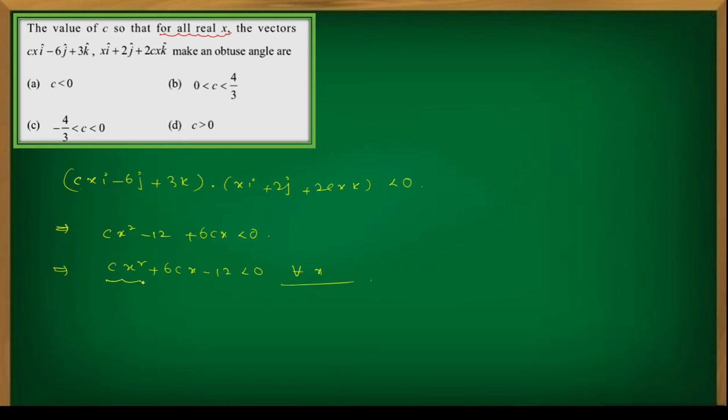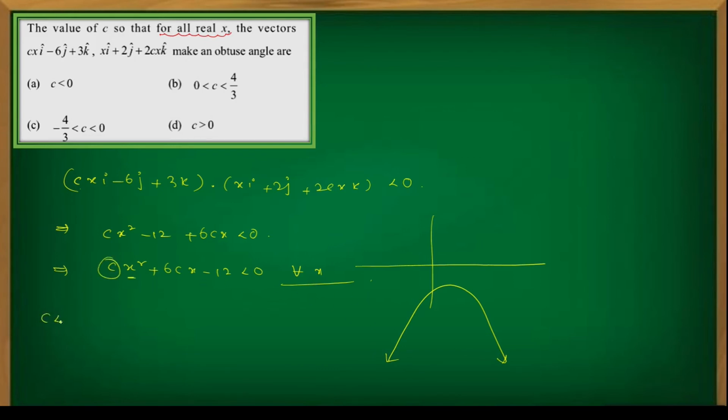The graph of that must lie below the x-axis. See, you cannot draw it going below the x-axis like this, it's foolish, right? It goes up again, so it will become positive once again. So it should not be like this. What is the meaning of that? It should be a parabola opening downward, which means the coefficient of x square must be negative.